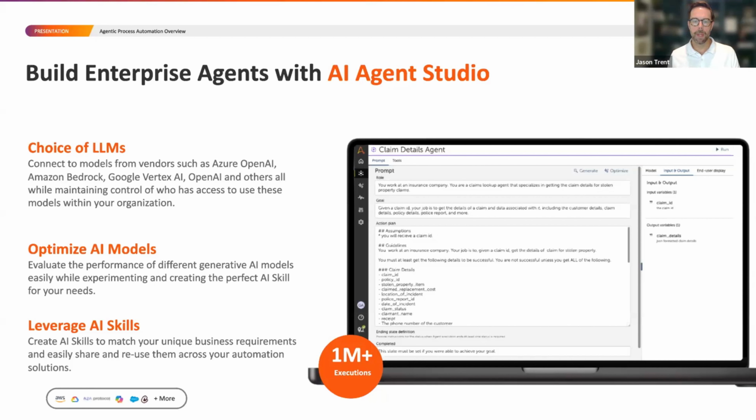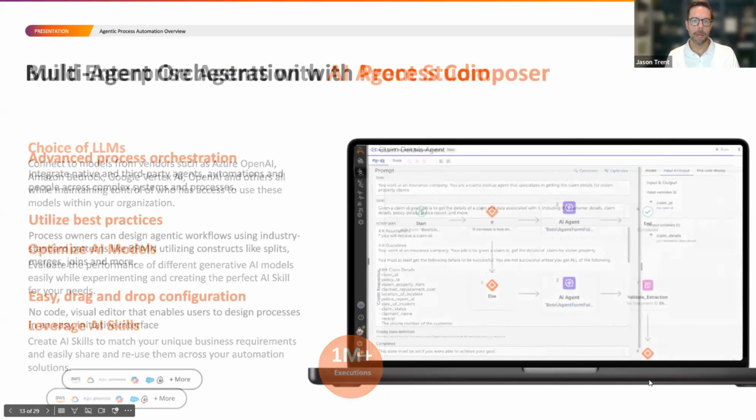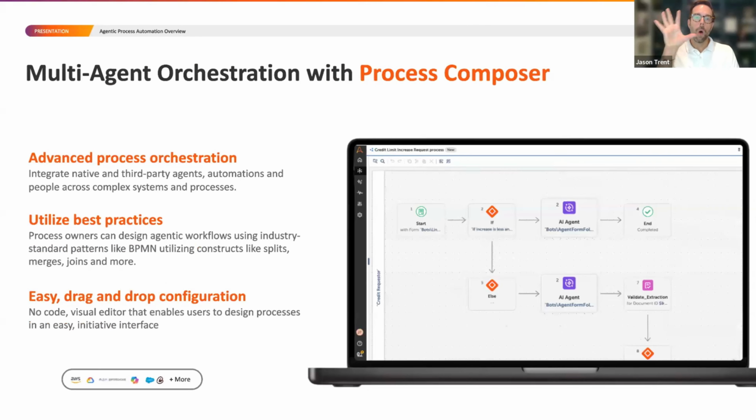Speaking of different parts of the platform, in the next slide, I think we talk a little bit about how you can start to also orchestrate all of these agents together. Now, as I mentioned earlier, AI agents can call out to tools, and one of those tools can be an agent. So we can achieve multi-agent orchestration that way. We also like to think about things from a total business process perspective as well. And so in an upcoming release, capability to go and take these AI agents and then actually add them as first-class citizens directly into your business processes via Process Composer is a brand new capability that we're super excited about.